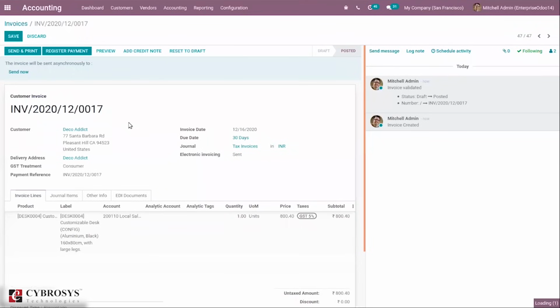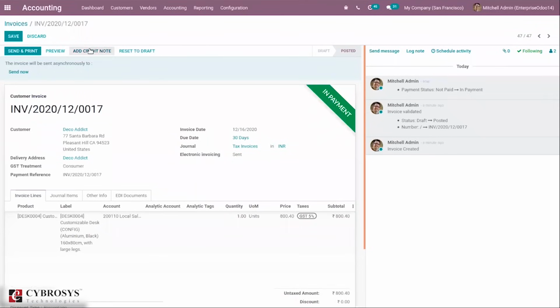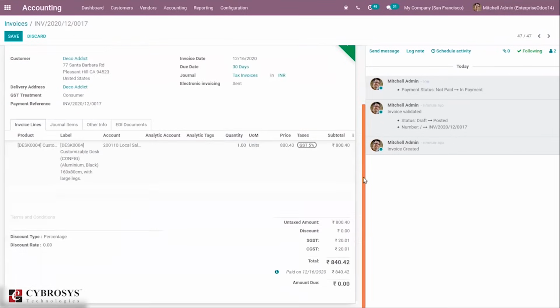So we can also create, after creating payment, we can add credit note, or before payment also we can add credit note. And then when you make payment, you can see the total amount, total tax, then you can see it is reconciled. So when you click on this, you can see it is reconciled. Then if you have set any percentage, then also can be seen here.